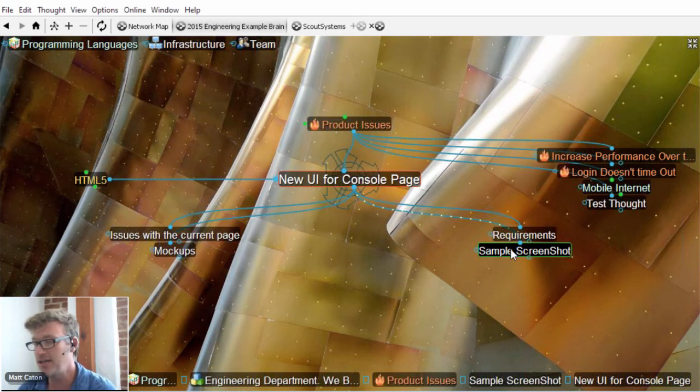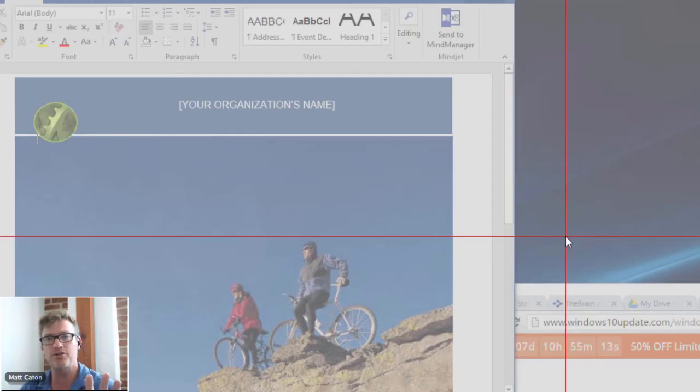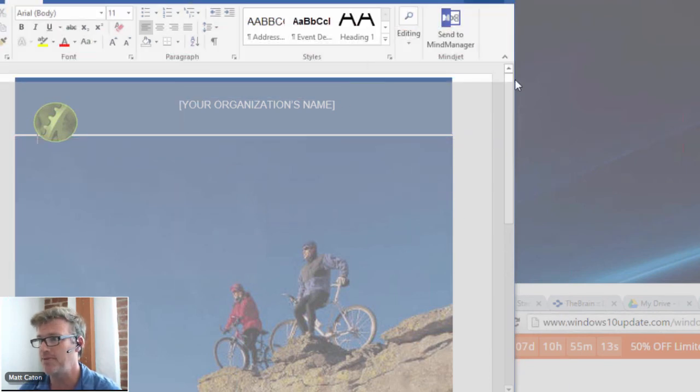And I right-click on this particular thought and select, in this scenario, to capture a thought icon. Now notice, my screen is sort of grayed out now, and I've got these red crosshairs. That allows me to click and drag to select a box of whatever size and shape that will be the screen grab for this thought. So I'm going to go up and drag and drop. There it is, Microsoft Word's